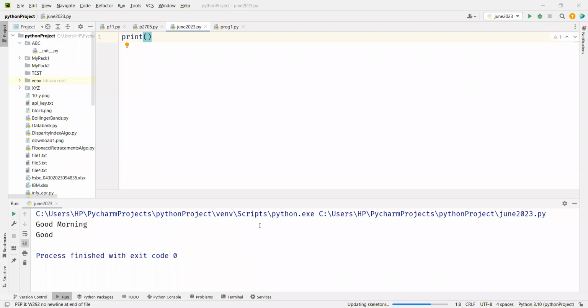Okay. So the first thing you're going to learn is print. First thing you have to remember is that Python is a case sensitive language. Sorry, case sensitive, not insensitive. Okay. You see this